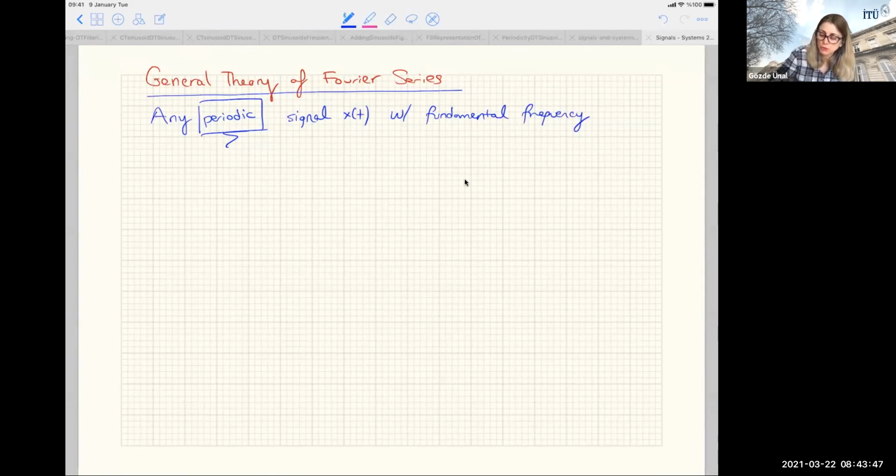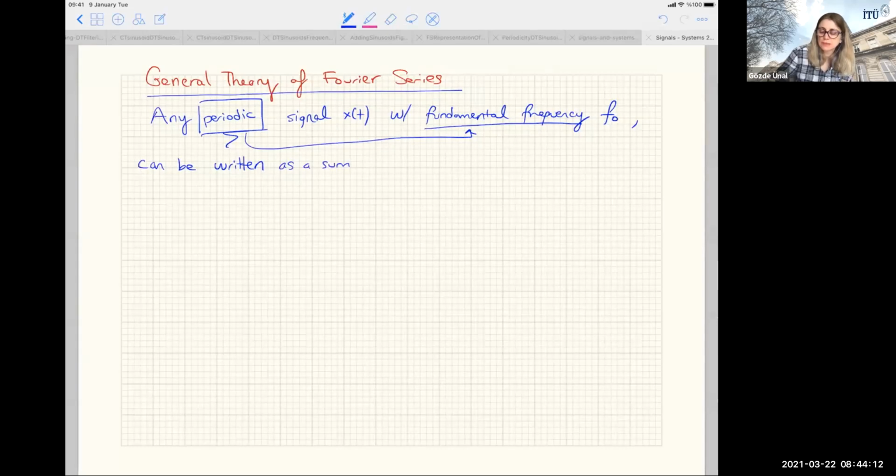I hope you studied your previous lecture. Without a periodic signal, I can't really find a fundamental frequency f0, which can be written as a sum of,